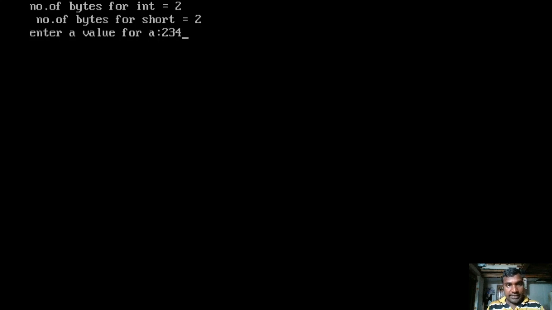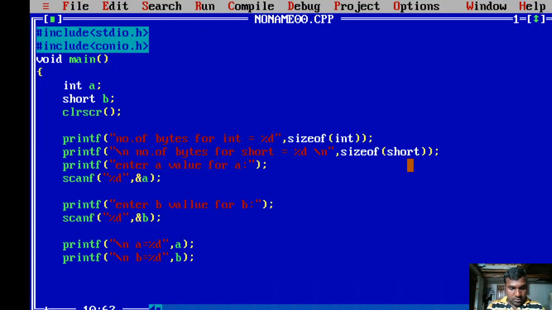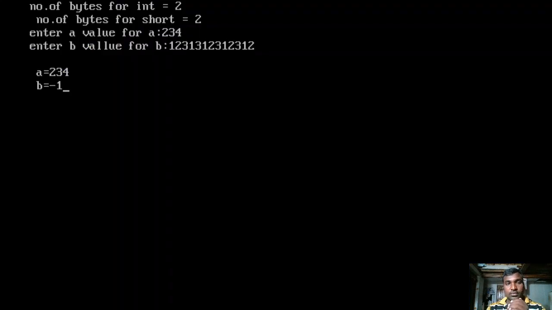Now I am trying to enter the value for a as 234 and a value for b. Now check the output. So what is happening? 234 is acceptable within the range.